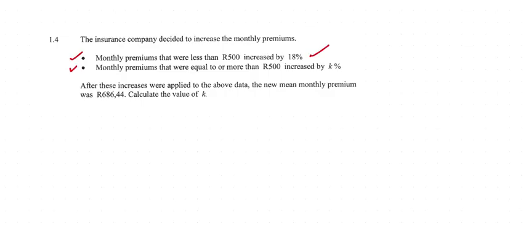After these increases were applied to the above data, the new mean monthly premium was R686.44. Calculate the value of K. All right, we have to calculate the value of K, and we have the two conditions about premiums. Okay, so firstly, the new mean